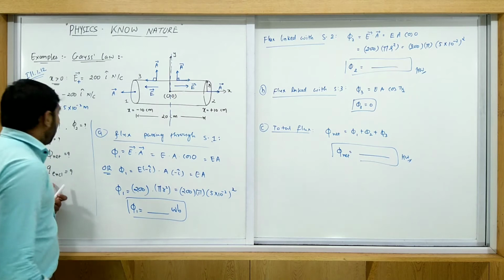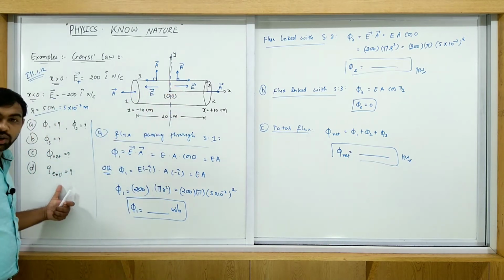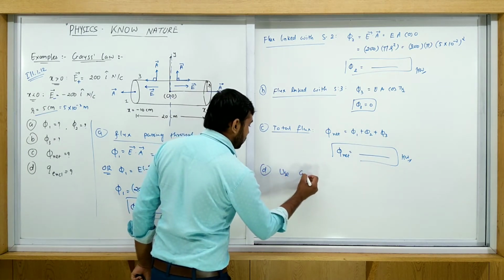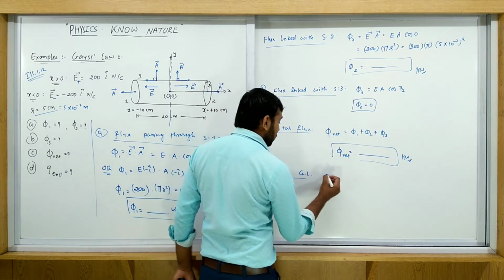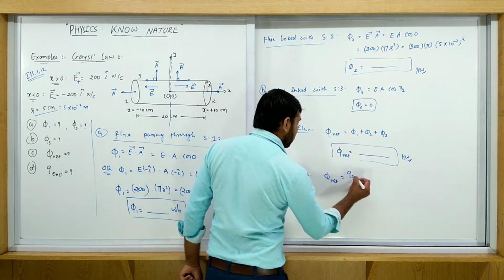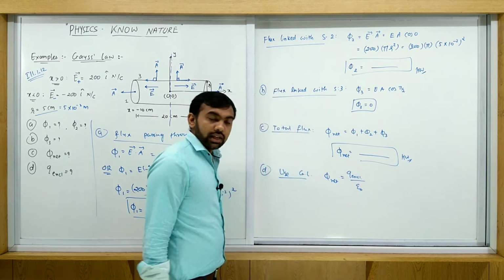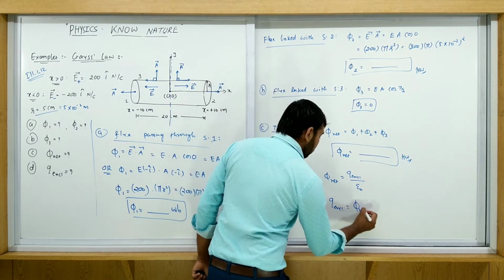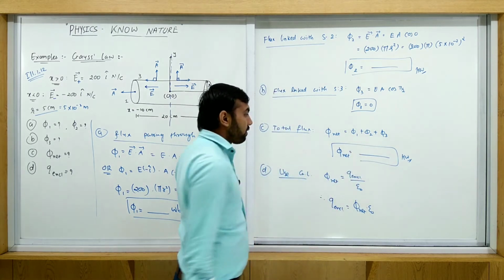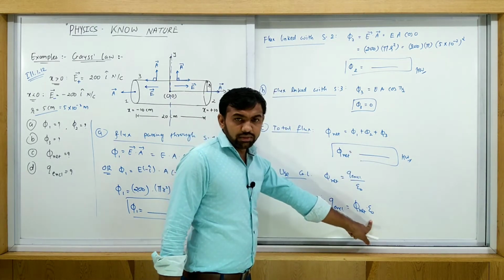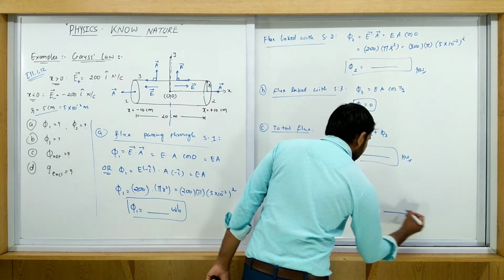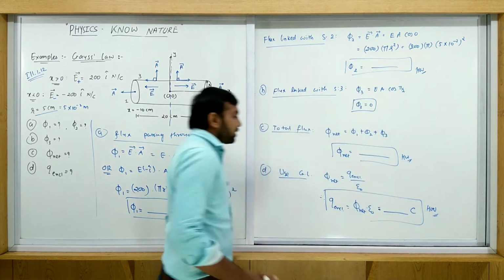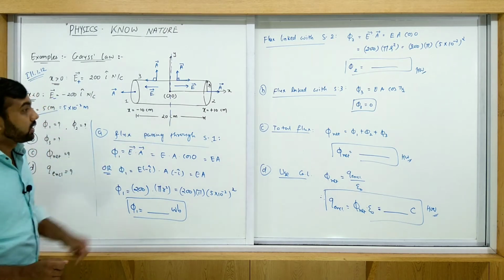And the last one: what is the charge inside this one? Q enclosed. So what is Q enclosed? D. So use Gauss law. As per Gauss law, net flux is equal to Q enclosed upon epsilon naught. So from this, Q enclosed is equal to phi net into epsilon naught. Phi net is a known value. Put this value here, and epsilon naught is 8.85 into 10 raised to minus 12. Put this value and get the answer in Coulomb. Again, this is homework. All of you guys note this example in your books. Then after that we will go to the next one. Note it.